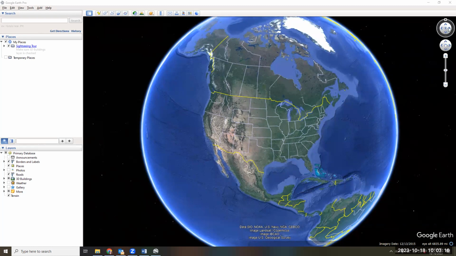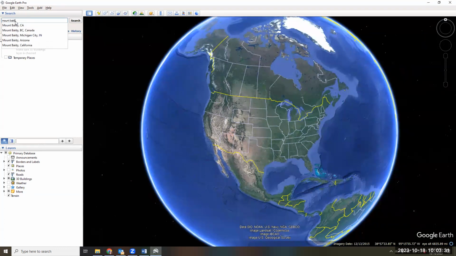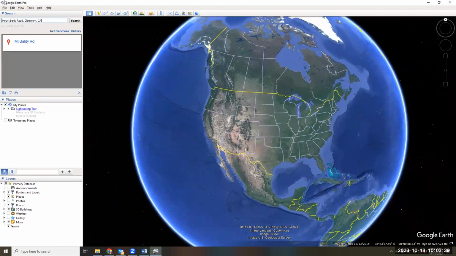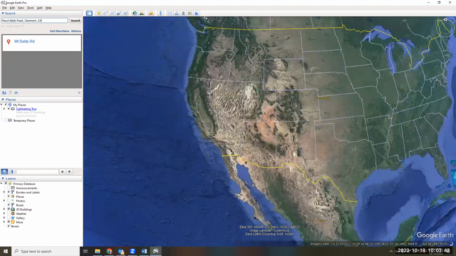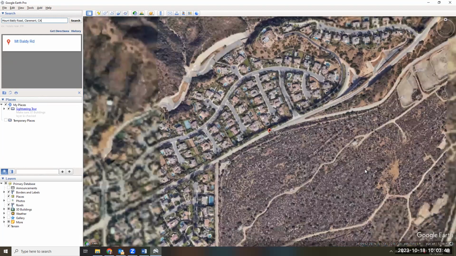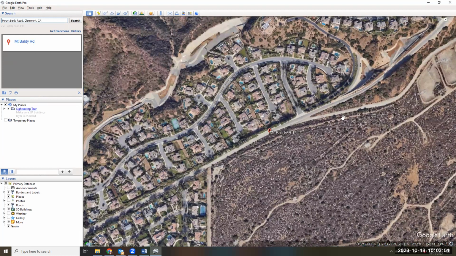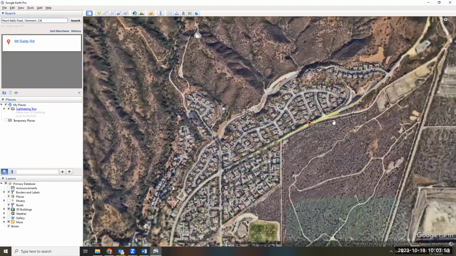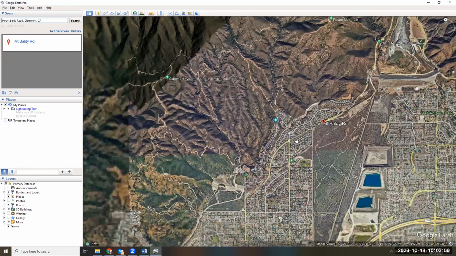Basic navigation stuff is up here, right? So like, where are we going? That's all up here. We are going to Mount Baldy Road, Claremont, California. Beautiful. So you just put your address in there. You can put coordinates in there. You can put whatever, and it'll take you to where we're going. Okay, not that part of Mount Baldy Road though. To zoom in and out, I'm scrolling with my mouse. Okay, and where we are going